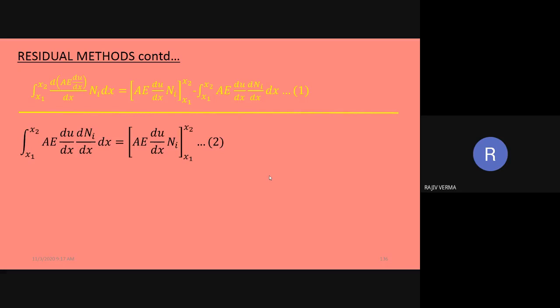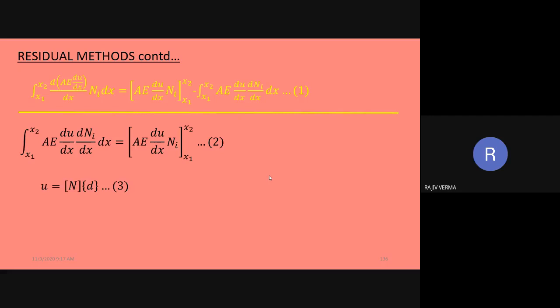The other advantage obviously, which is not apparent over here, is that by this reduction you are going to get a symmetrical stiffness matrix, but this we are going to illustrate in the future classes. In fact, it has been illustrated in the previous classes also, where the Galerkin method was taken up for the first time. For the time being, we are continuing with equation number 2.